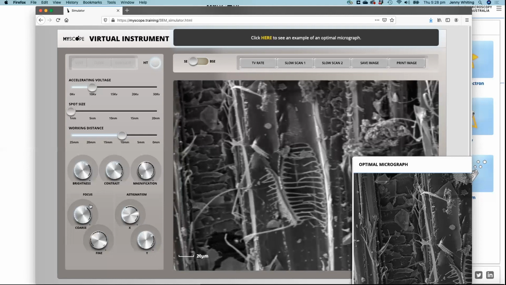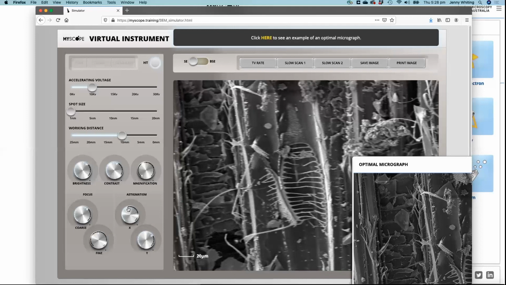Now, if you're not quite so good with using the dial, once you've selected a dial, you can also make adjustments with the arrows on your keyboard or laptop. So this is something where we keep going backwards and forwards and trying to get this as good as possible,